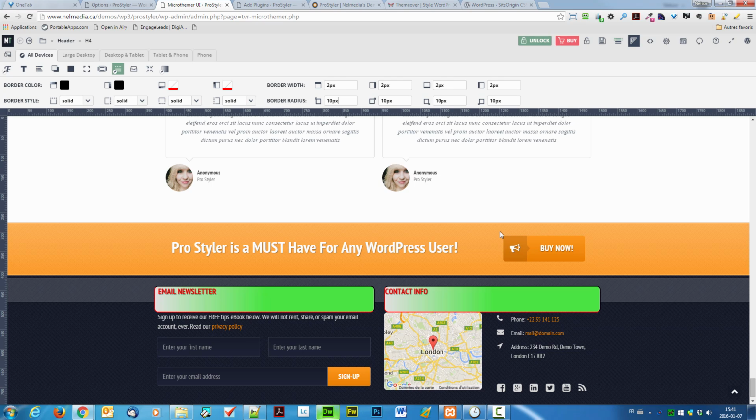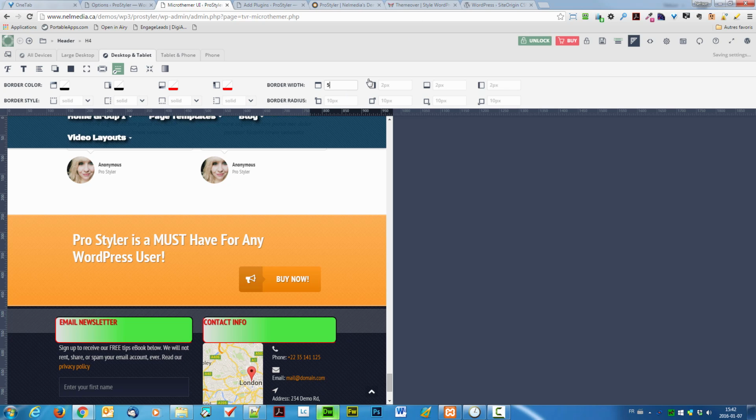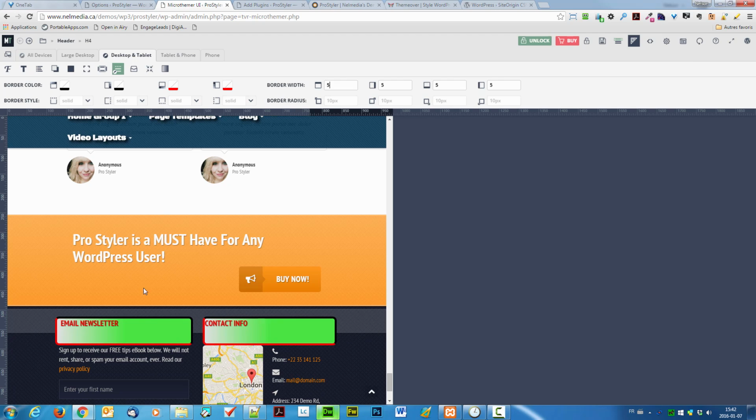So of course it's really ugly right now, but just to give you an idea of what you can do. And of course, again, I could change that for a phone or for a tablet and so on. If I change that for, let's say, desktop and tablet, let's say that I want to change the border to be, just to show you, 5 pixels instead. Okay. So it's 5 pixels now, and it's 5 pixels